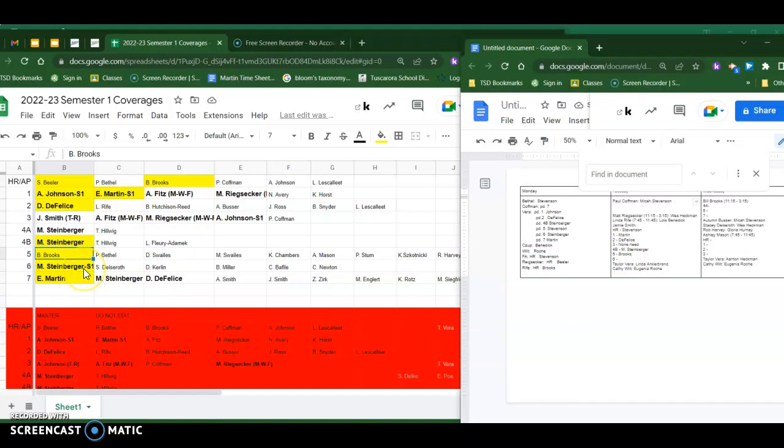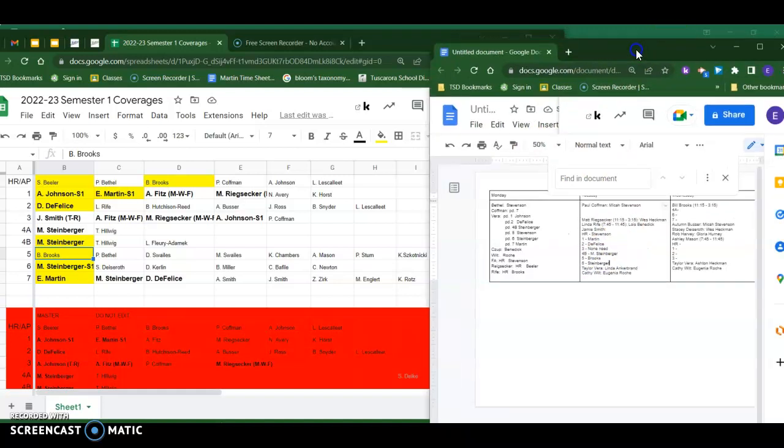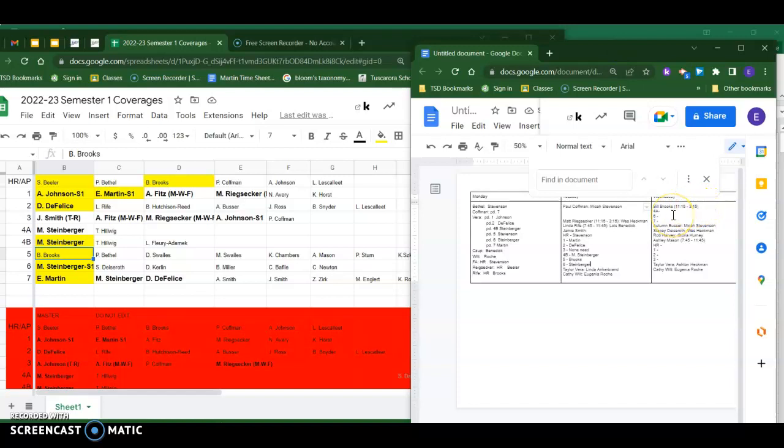And period 6, if we use Mariah period 6, although we used her for B, she still has her planning. So we will use her there. So now we are going to go on to Wednesday. So we can see that we have some subs in the building and we can see that we need some coverages. So again, we'll start with Stevens and we will see that